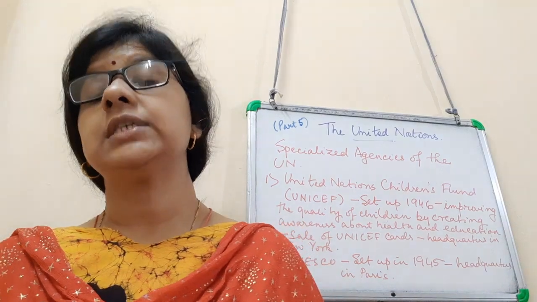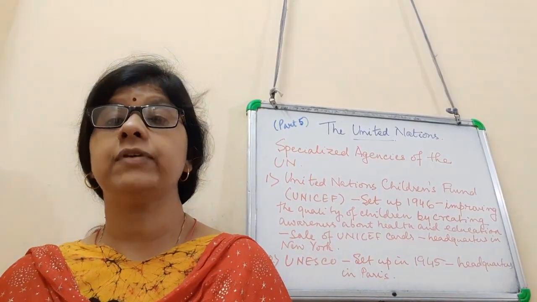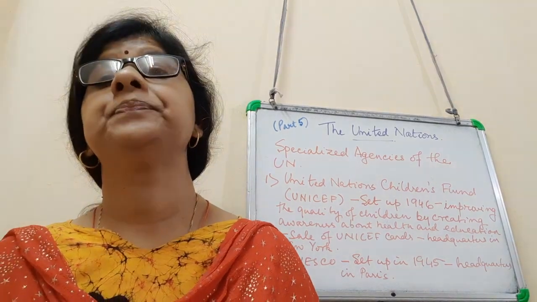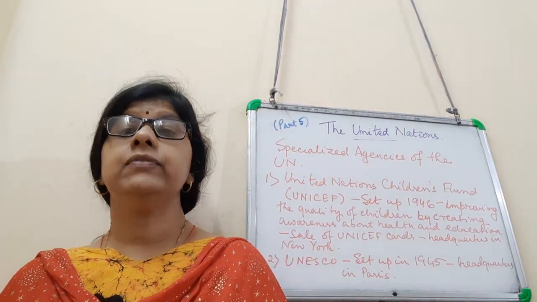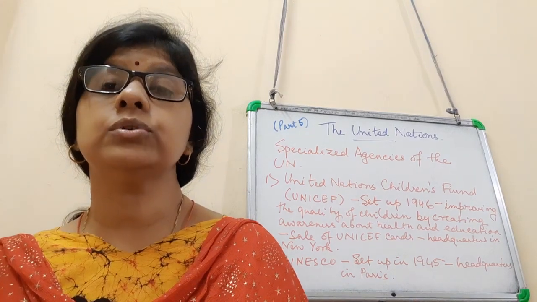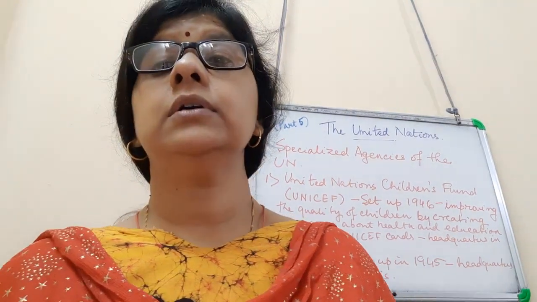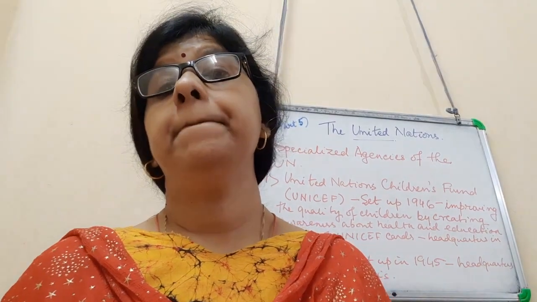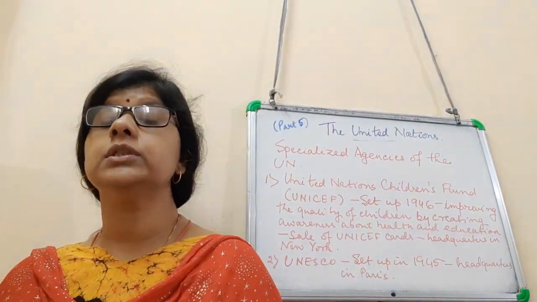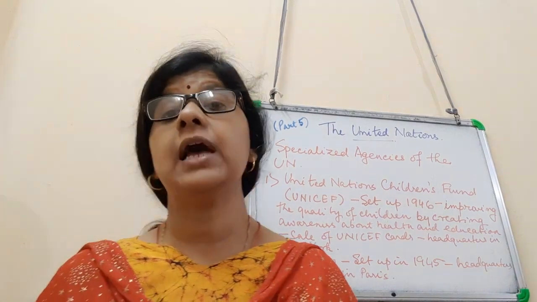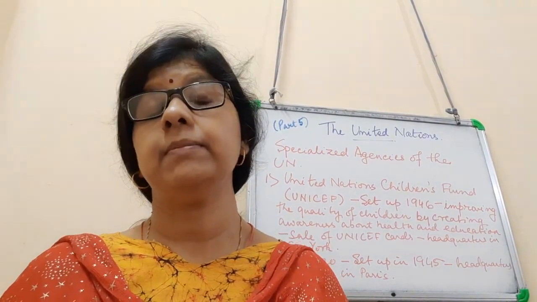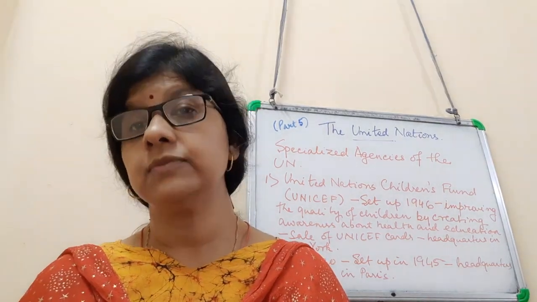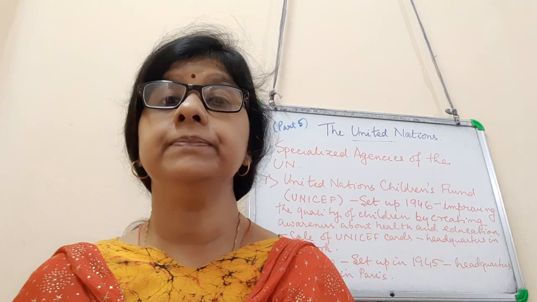And so after the Second World War, that is in 1945, the Atlantic Charter was signed, and finally on 24th October 1945, the United Nations organization was born, and India joined on 30th October 1945. As many as 192 countries are the members. We find the objectives of the UN, and then we find the 6